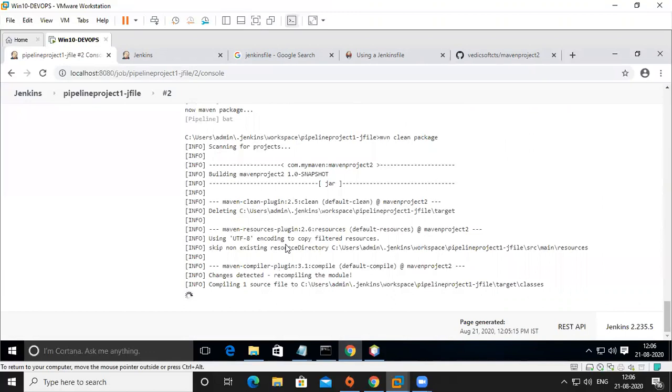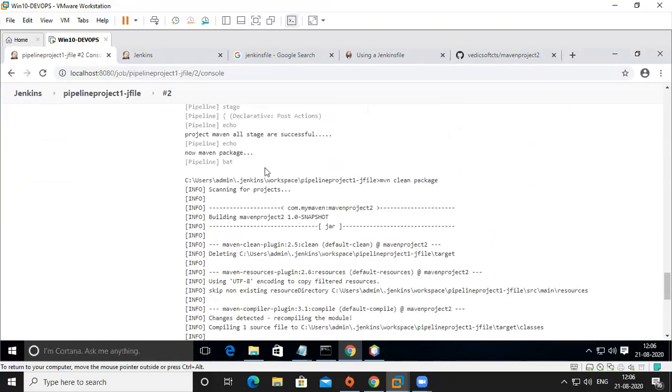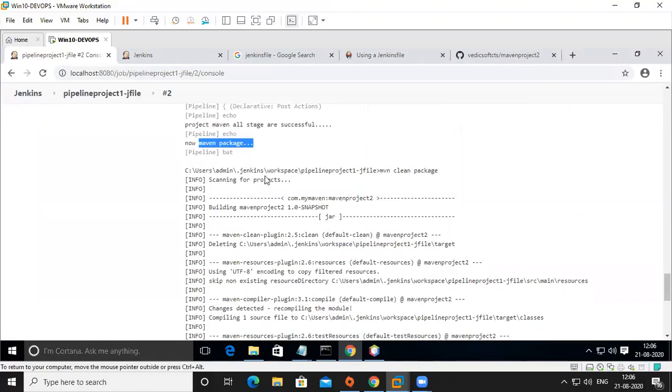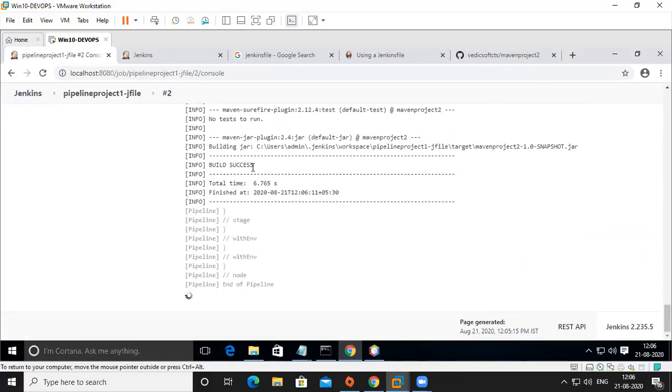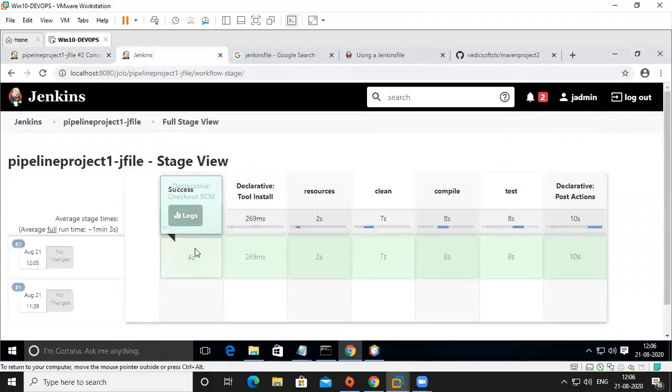So all stages are successful. Now the package is also successful. So you can see here the complete logs for each stage. The first stage is checkout SCM.